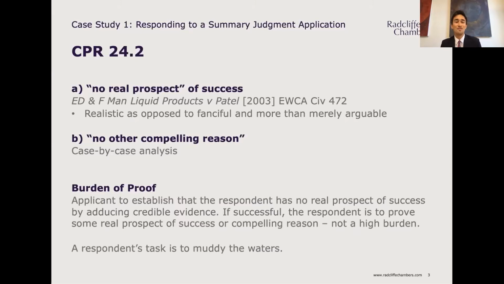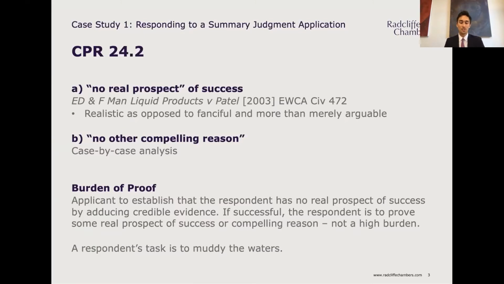Now, in terms of the no other compelling reason criterion, it's very difficult to lay down specific guidance on what this means, and the courts generally embark on a case-by-case analysis. And we're going to look at some contenders or some reasons which people have tried to suggest are compelling later